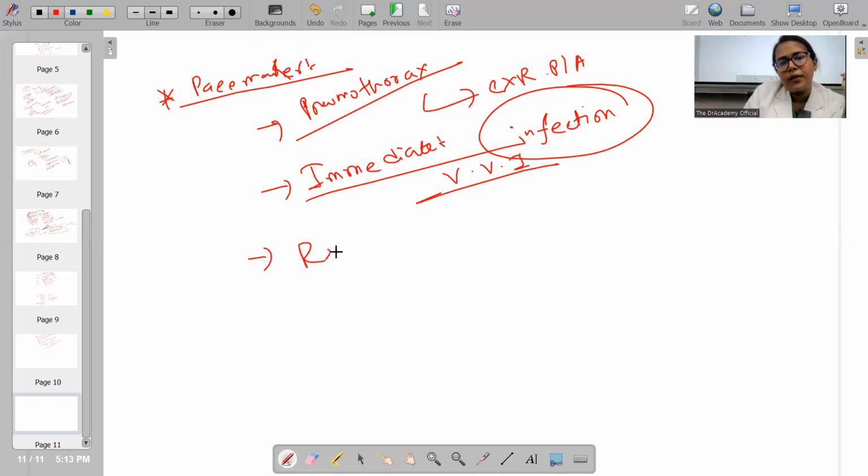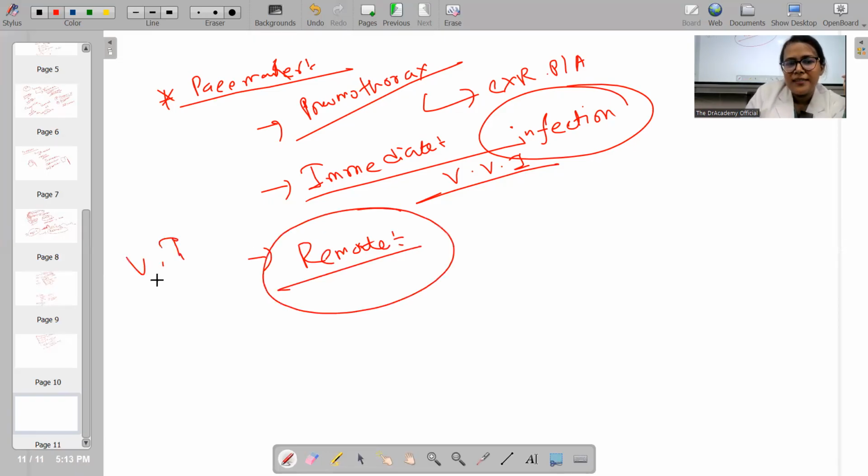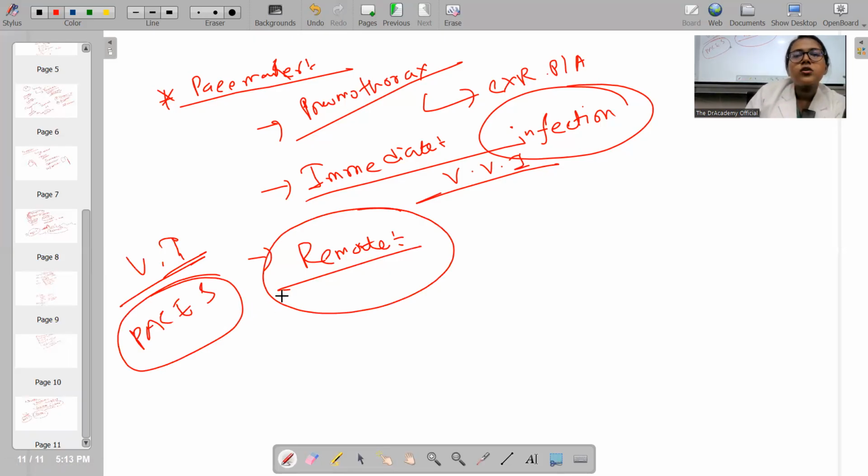And what are the remote complications that can happen? This is particularly very important for the PACES exam. In our exam, we often encounter pacemaker complication patients. Most likely, we do not have the acute cases, okay? Of course, an unstable patient who has developed pneumothorax will not be given in the exam setting. And infectious patients are very toxic, so they do not want the exam candidates to handle this type of patients. So they usually pick up the remote complications that can happen